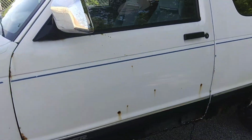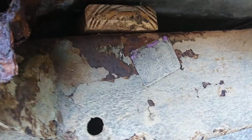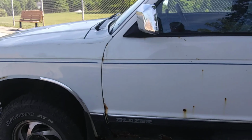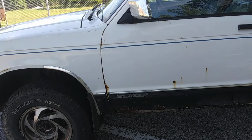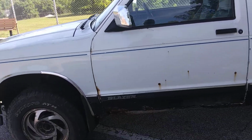And I don't know how long this is going to last before I'm going to have to get new metal, but basically what the issue was, I'll get into the issue in a minute, but right there, I screwed in a block of wood. I had to screw in a block of wood on both sides, 1-inch blocks, because the body was sitting on the frame and pinching off the wiring to the fuel pump, and it was causing the computer to throw those two codes that it had, and that's just a temporary fix. So like I said, it's very temporary. It's just a temp fix for now,